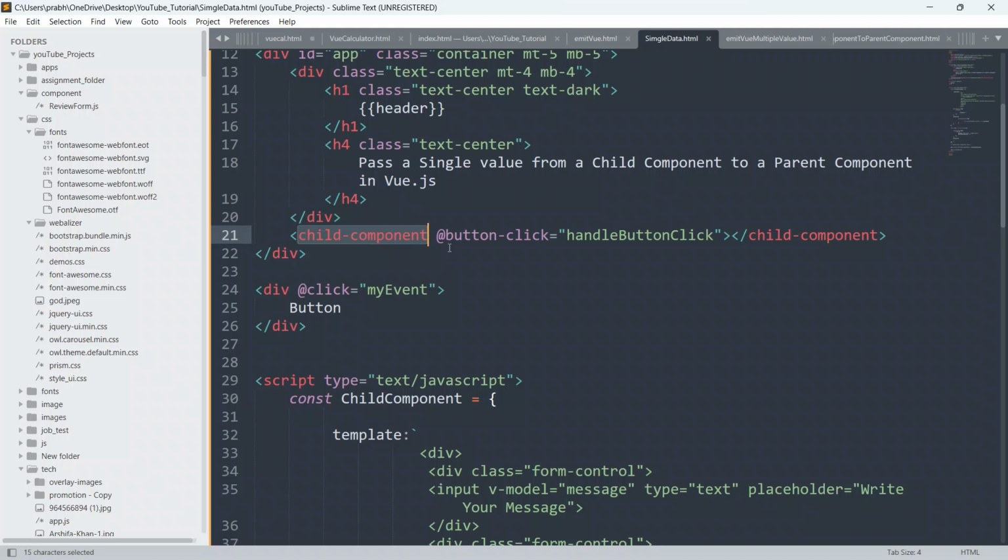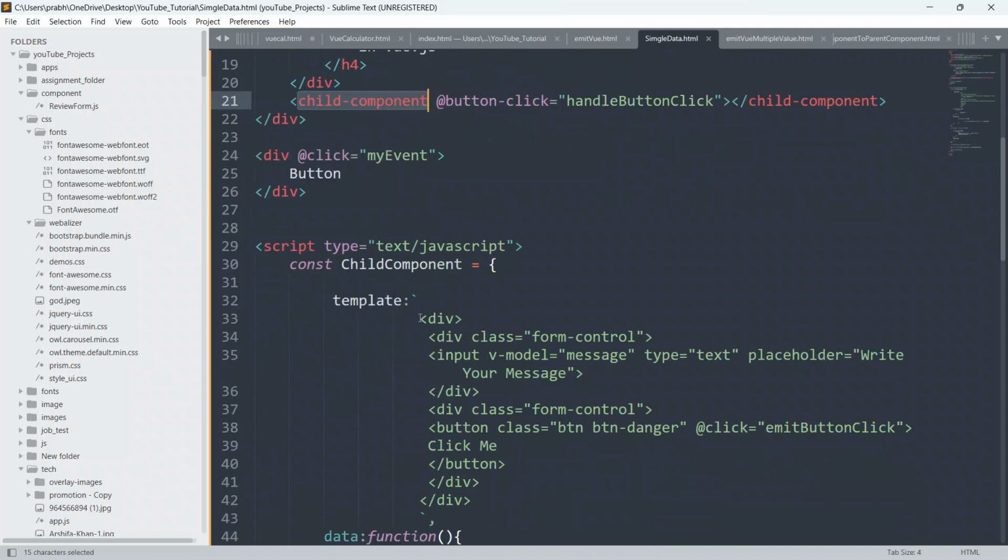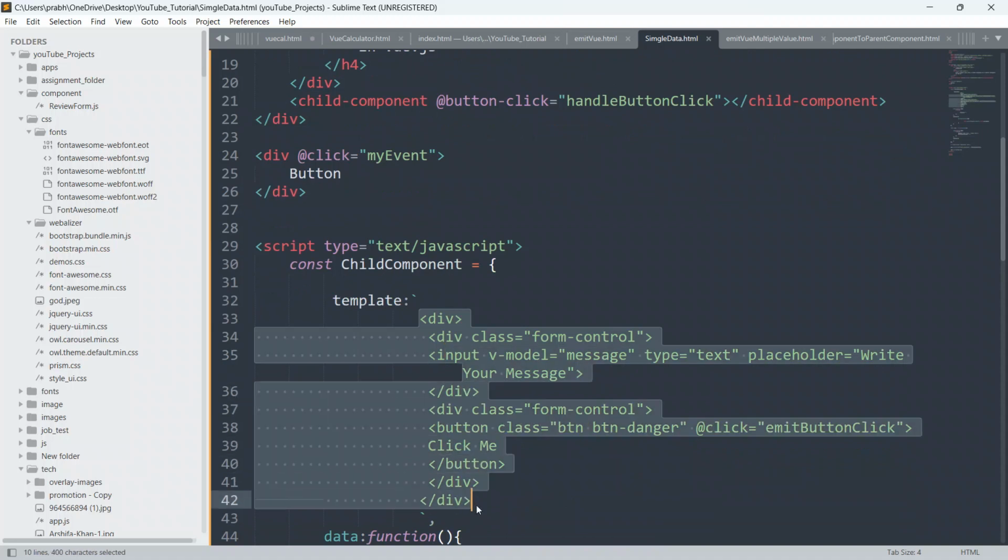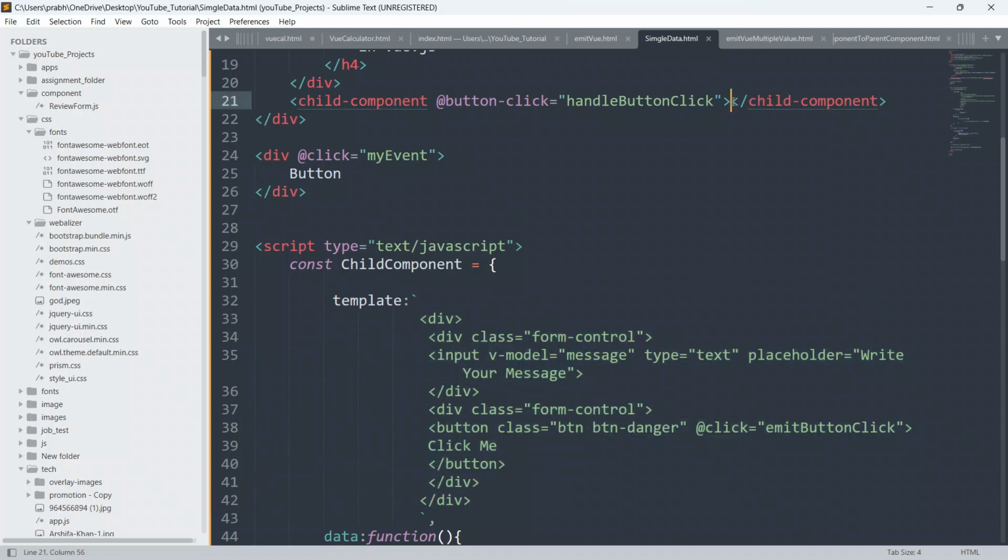Okay, this custom tag here inside the template. So we don't have to put anything inside this custom tag, because we have defined each and everything of this custom child component element or tag here inside the template. We don't have to put anything inside this child component custom tag, because we have defined everything, and it is similar